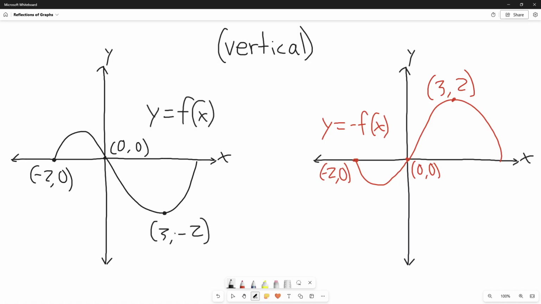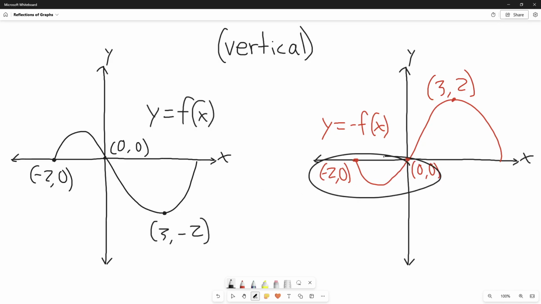For all the points, let's look at this point. 3 comma negative 2 turns into 3 comma 2. When you do vertical reflections, the x value stays the same, but the y value switches signs. It's the opposite of the horizontal reflections. So if you have a point x comma y, it turns into x comma negative y on the reflected side. And every single point on the x-axis stays the same, similar to how on horizontal reflections everything on the y-axis stays the same. You can see that the points negative 2 comma 0 and 0 comma 0 stay the same